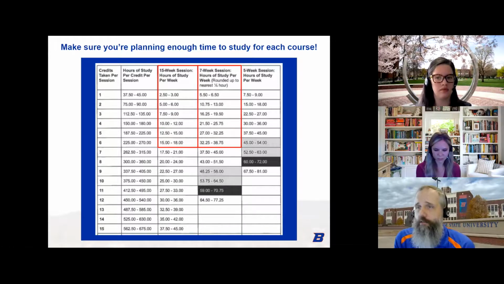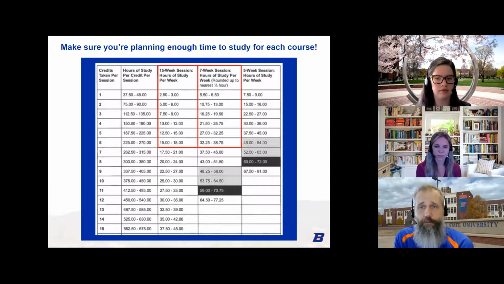So on that row there, you'll see a 15-week long class on campus, a semester length class. Usually you can expect that it's going to be about 9 hours of work per week. And for an in-person class that actually includes the class time. Now, when you compare that to that 7-week class, that of course is doing that in about half the time, so it is going to require almost double the work. Very realistically, 16 to 20 hours of work per week is what you should be expecting.